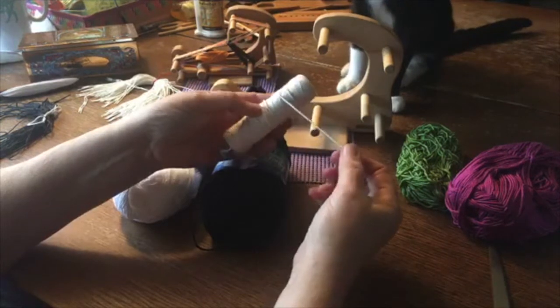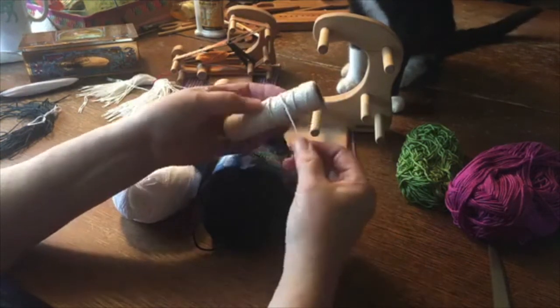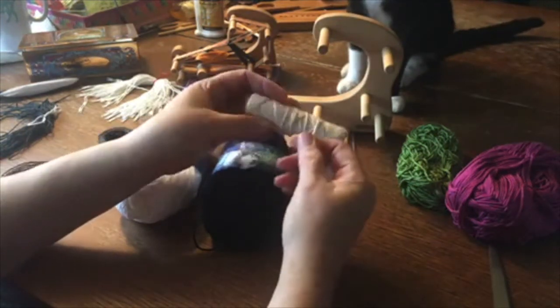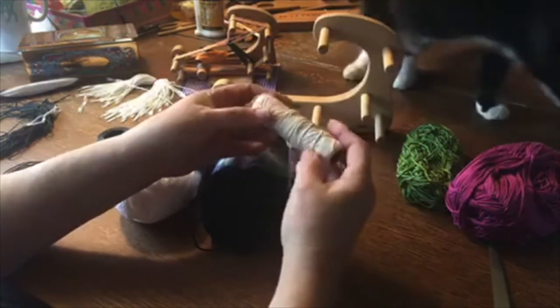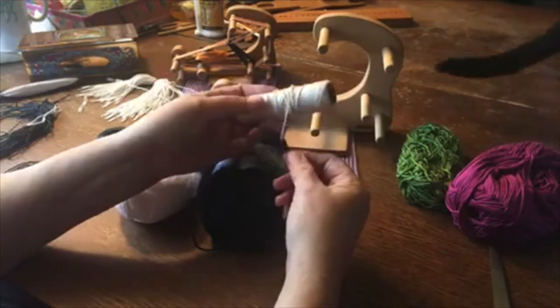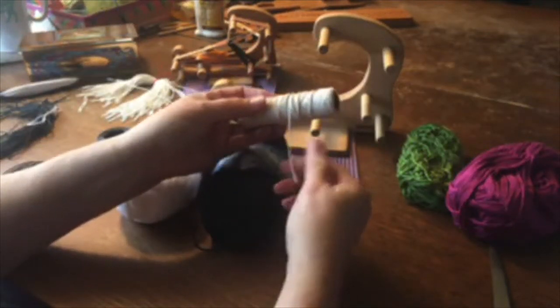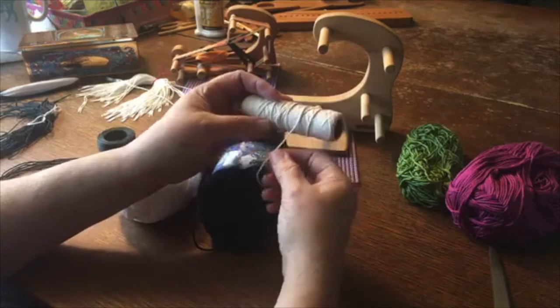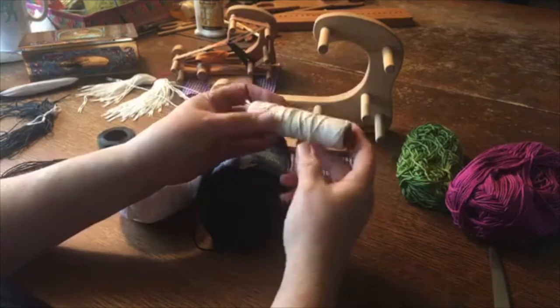Rug warp. It's okay. I just think it's a little boring. It does make a nice band, and it's actually really nice if you're doing things for medieval or colonial Revolutionary War reenacting, because it's very natural. I've seen some really pretty hat bands made out of rug warp, actually. So when you want sort of subdued colors and just simple, basic weaving,